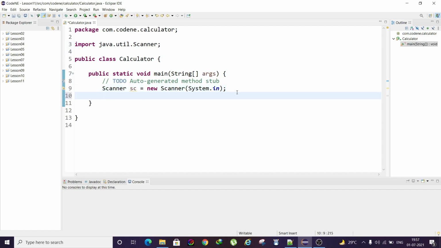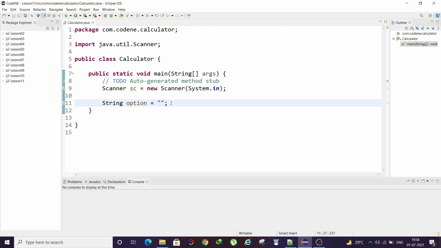Once we have created our scanner class, which we will use to take the input from the user, then we're going to declare one string, which will basically be your option. This is the option that you will give to your user. We do not need to assign it as of now.